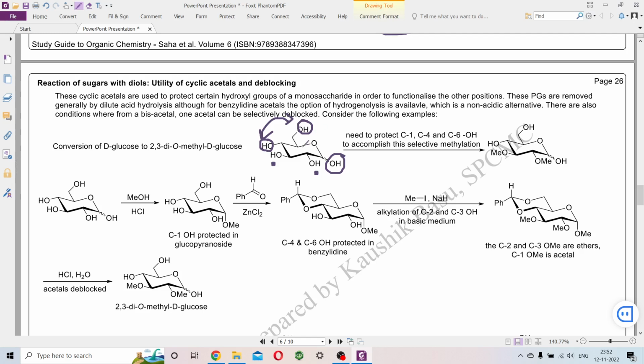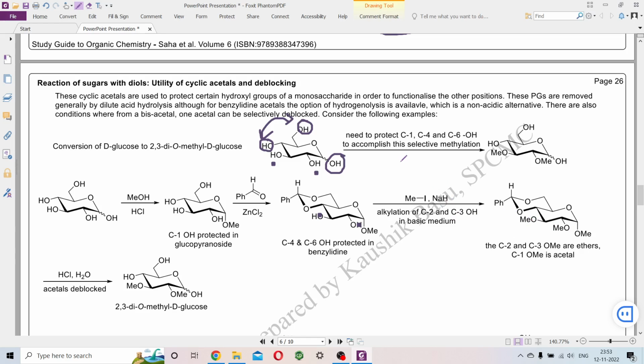What about protection of the anomeric OH? Anomeric OH can be protected very easily in the form of glycoside. So you do a Fischer glycosidation first, so that makes it OMe, and then you do the reaction with benzaldehyde in presence of zinc chloride, so that makes it the cyclic acetal, the C4 C6OH, they are protected in the form of benzylidene. Then you have the methyl iodide reacting with sodium hydride, and in presence of sodium hydride, the two hydroxyls are deprotonated and they react with methyl iodide, forming the